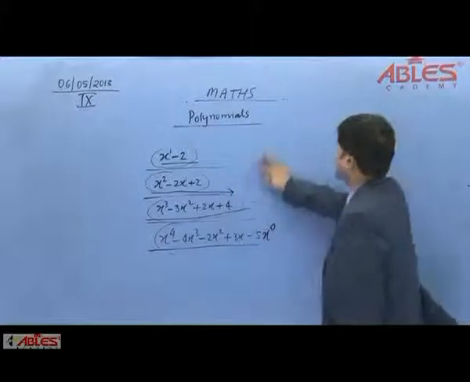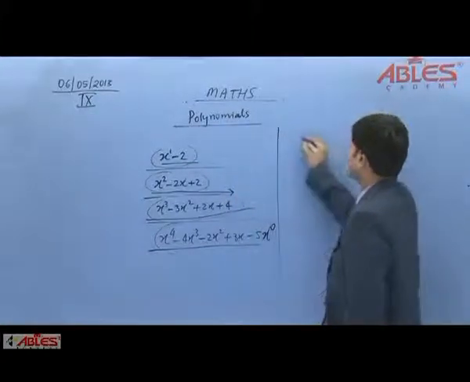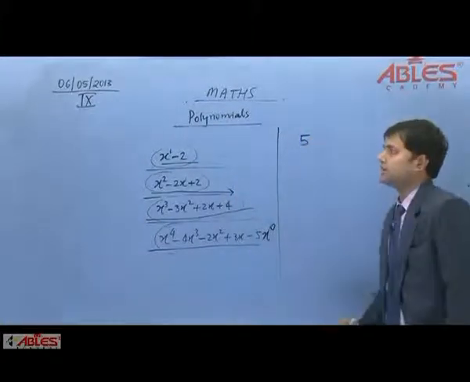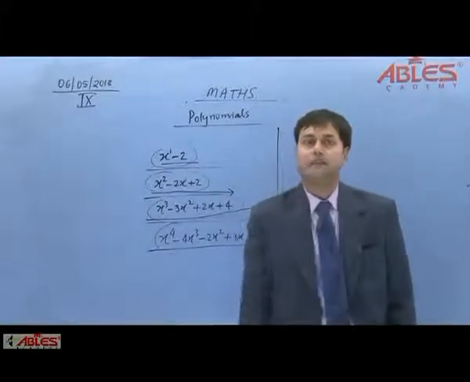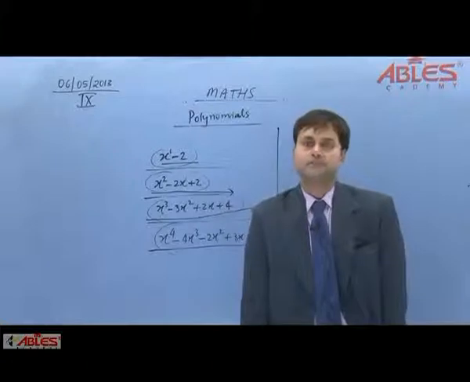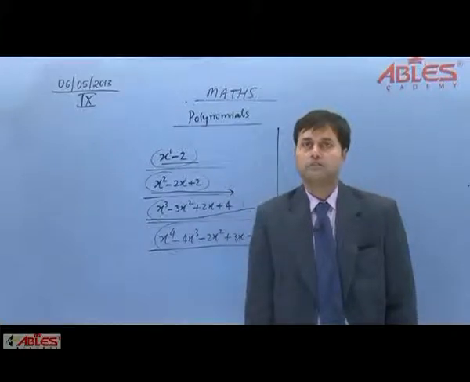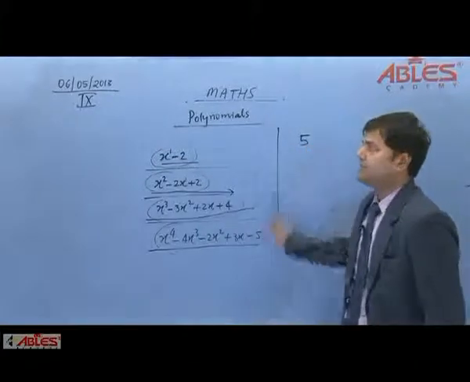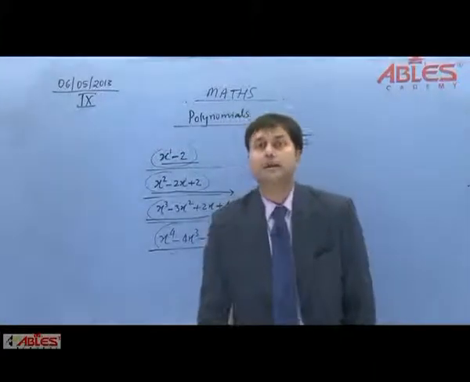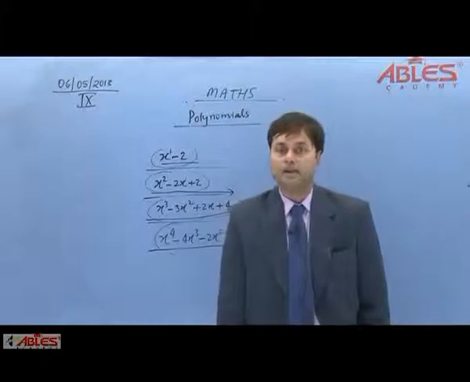Now suppose we are writing 5. So what is its degree? It's a constant term. We are not having any variable here. So what should be its degree? Yes students, are you getting my question? We have a constant term 5 here and we have to find its degree. So how can we find its degree? We are not getting any variable here.